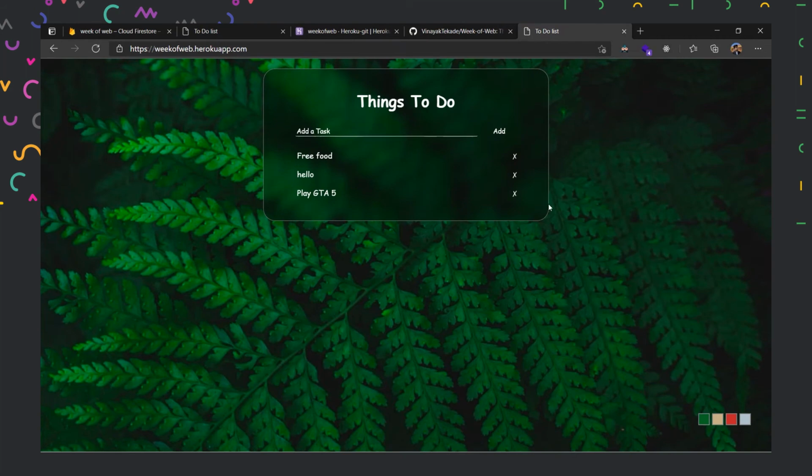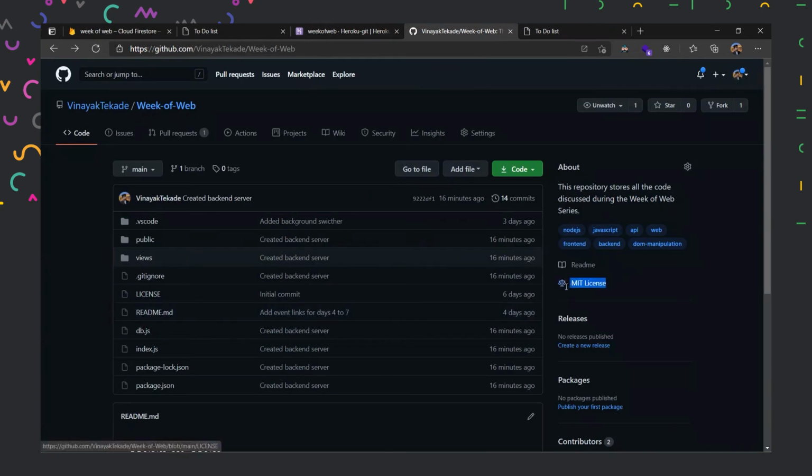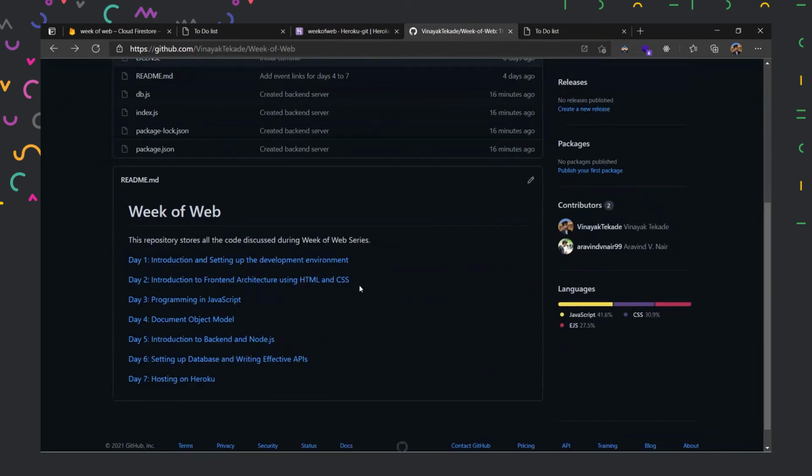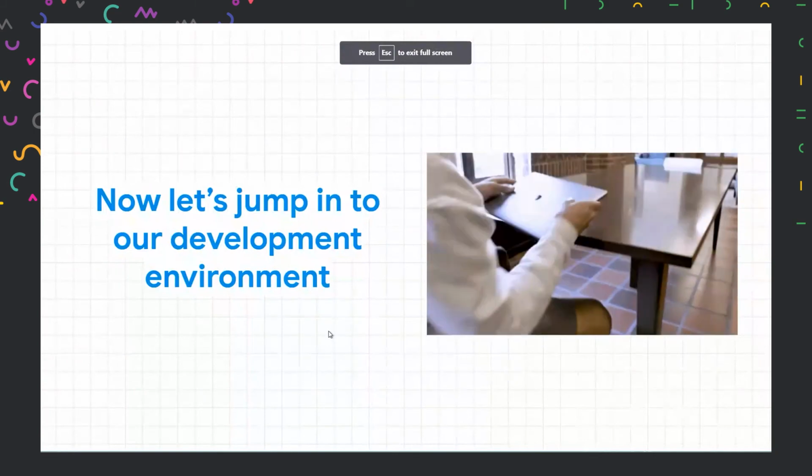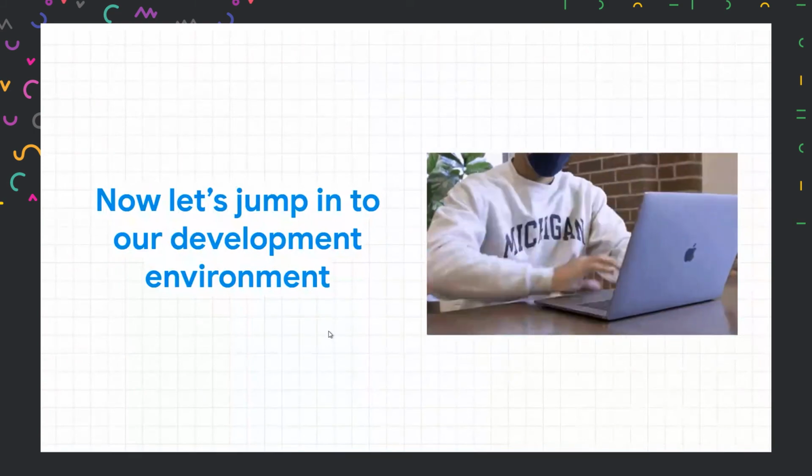And within 7 days, we are ready with a full application. If you followed along this whole project we did, you can also publish this application with your name on it. And of course, you have the MIT license, so you can use this repository anytime you like, and I won't mind. So with that, we are done with our application, fully and completely hosted online.